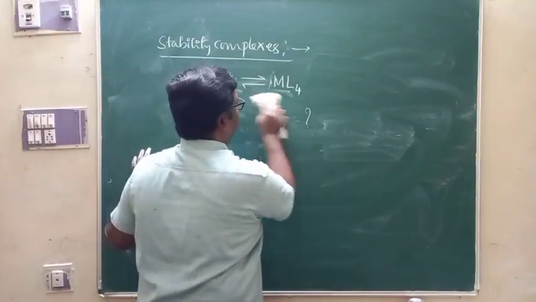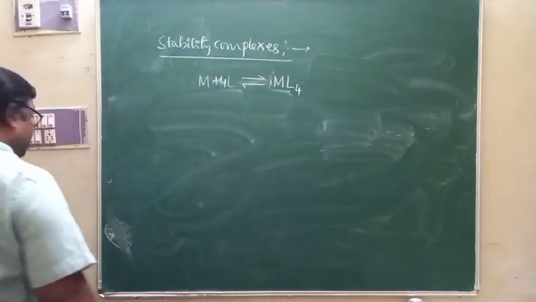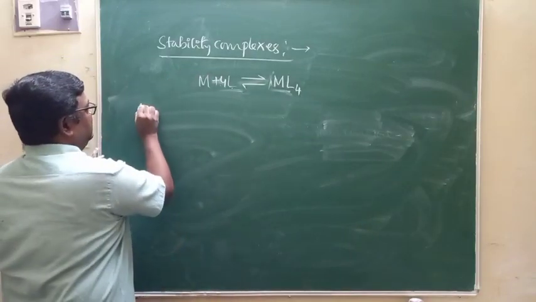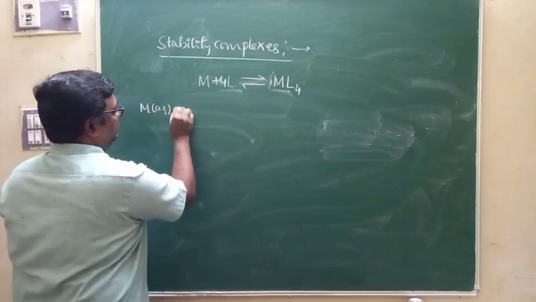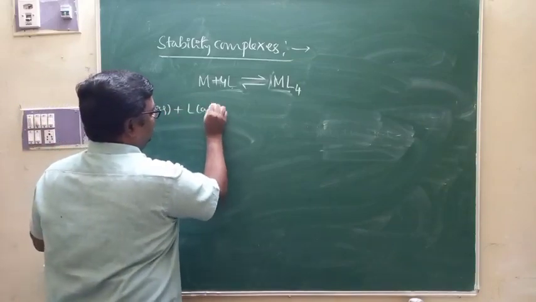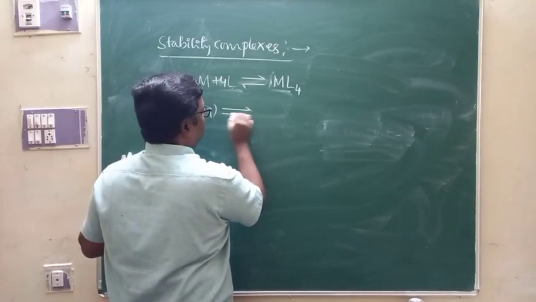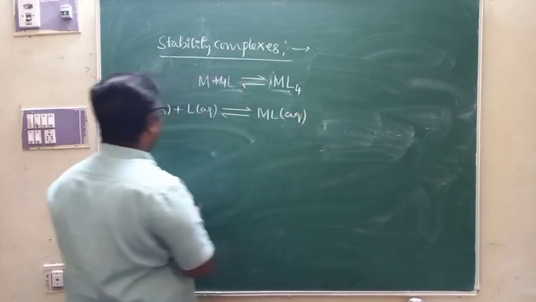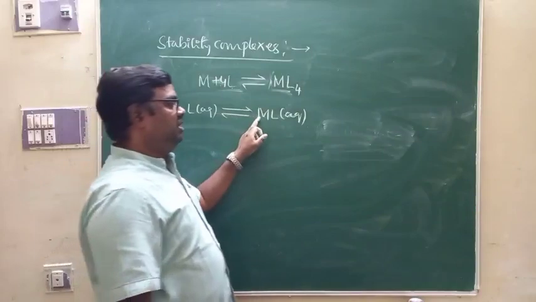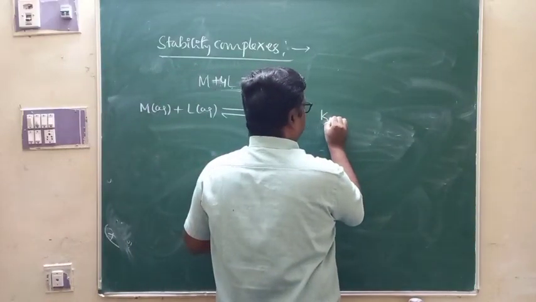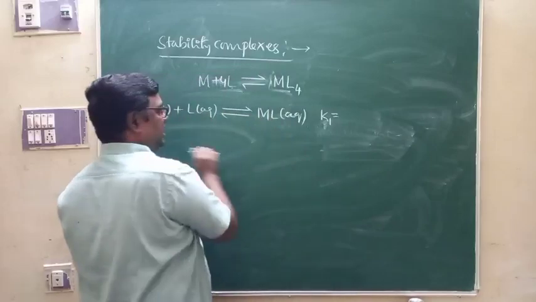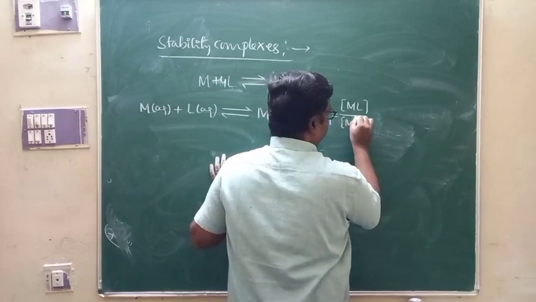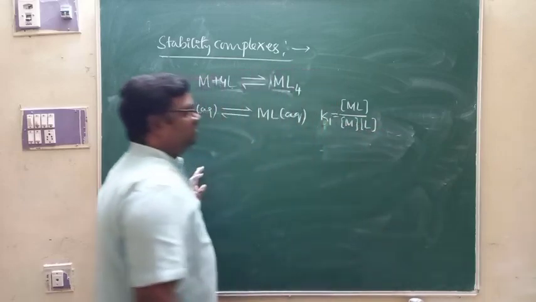And as far as the formation of this complex is concerned, I am going to represent the formation of this complex stepwise. Look at this first step: M in solution reacts with L, that is in solution. In the first step you are going to get ML. 1 mole of M combines with 1 mole of L, and you get ML there. The stepwise equilibrium constant K1 is equal to product divided by reactant, that's equal to the molar concentration of ML divided by the molar concentration of M into the molar concentration of L. This is the first one, is it not?